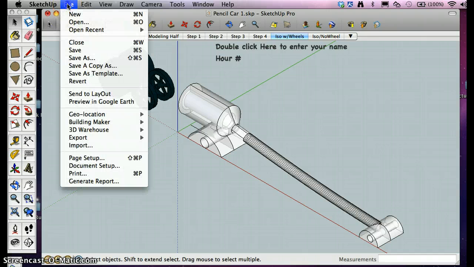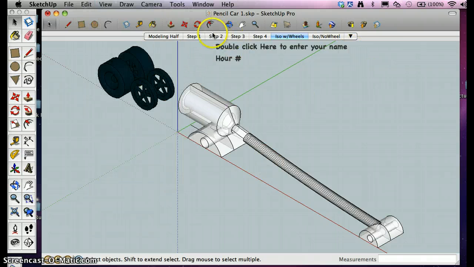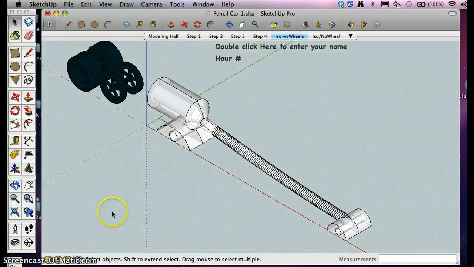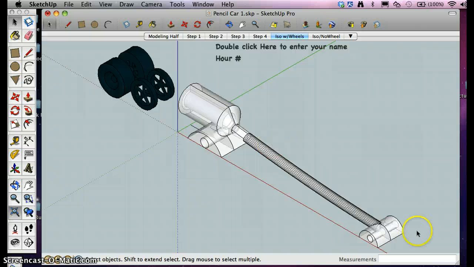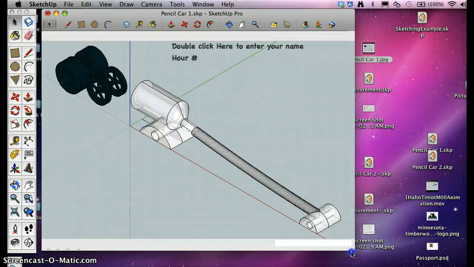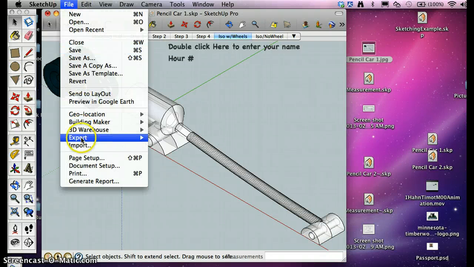So I'm going to go File, or first of all we got to get it set up. So you're going to want to click on ISO with wheels and click on Zoom Extent so it gets everything on the screen. And then you squish your window down, click Zoom Extents, and then you can squish your window down this way so it's just your car on the screen. Then we're going to go File, Export, 2D Graphic,